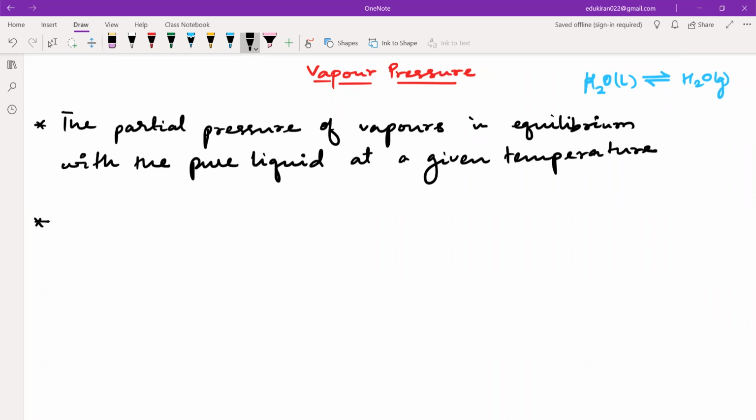Okay, so let us look at this equilibrium here. Whenever we have an equilibrium in which liquid is getting converted to gas and gas is getting converted to liquid, we have evaporation and condensation. So at equilibrium,